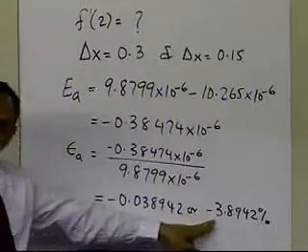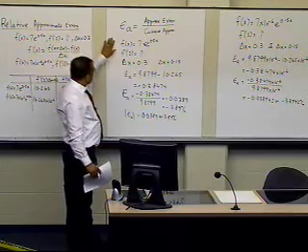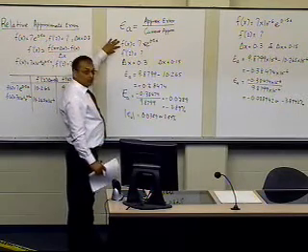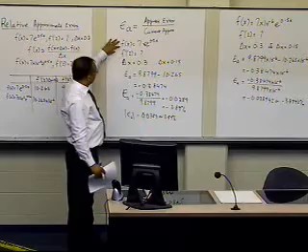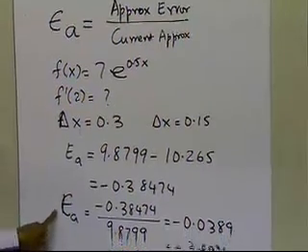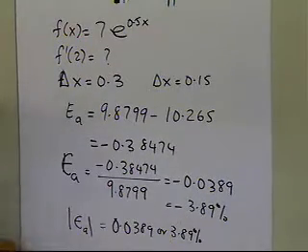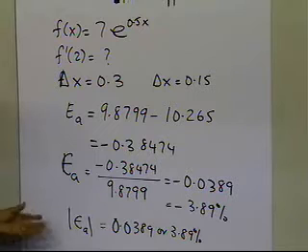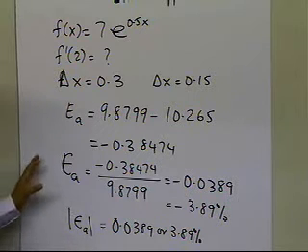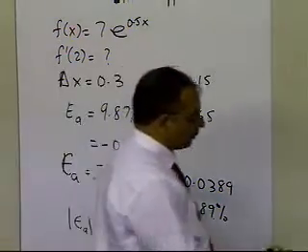And if you look at the previous example, which is right here, the only difference is the function is 7 e to the power 0.5x, and again the relative error which you are getting here is minus 3.89%, exactly the same quantity. So relative errors are a better way of judging how bad or good your error is. So that's why we have to talk about relative errors. And that's the end of this segment.